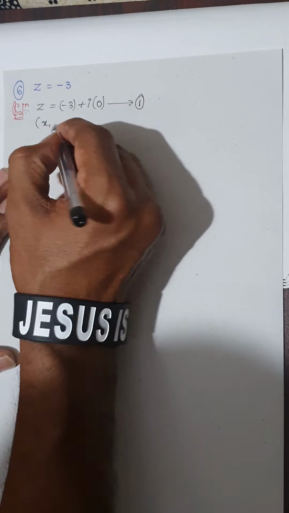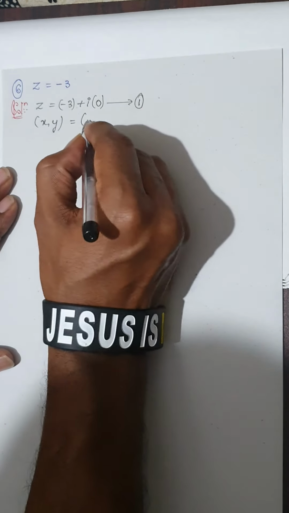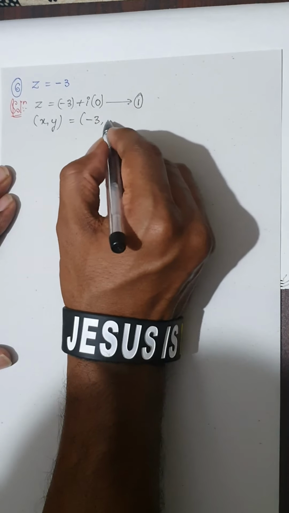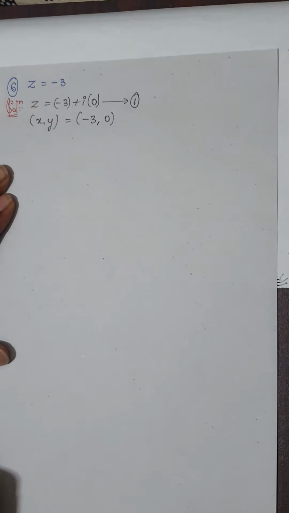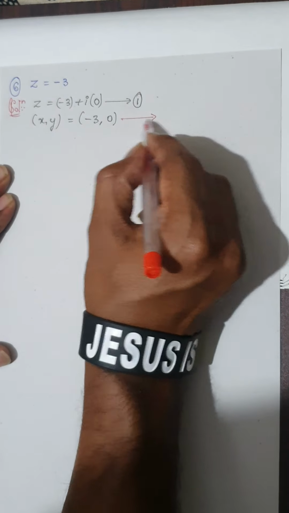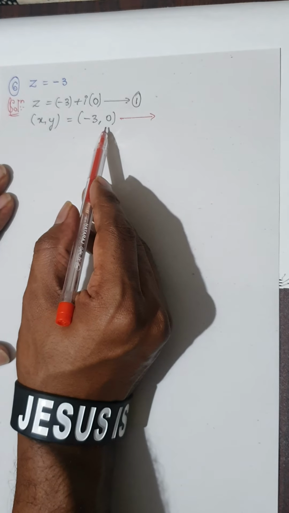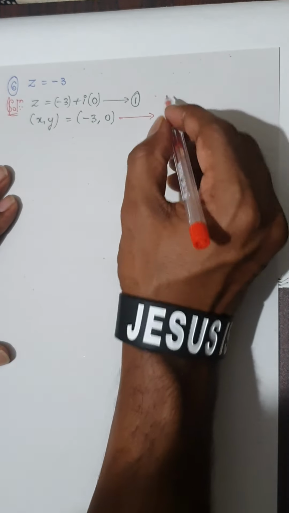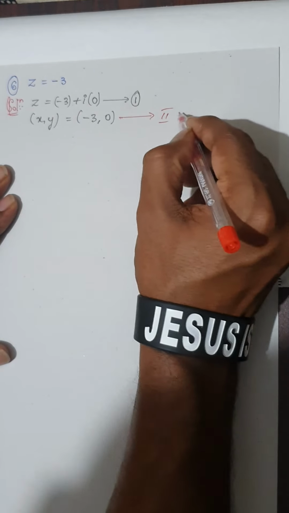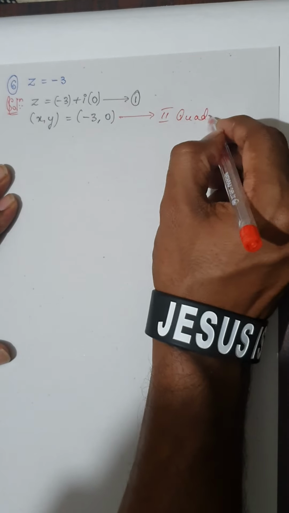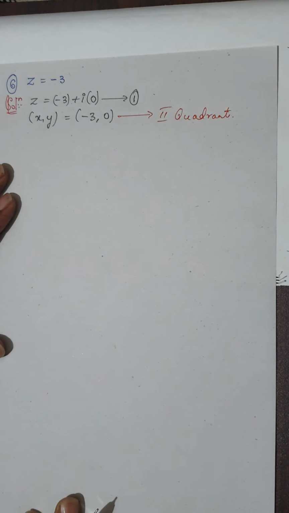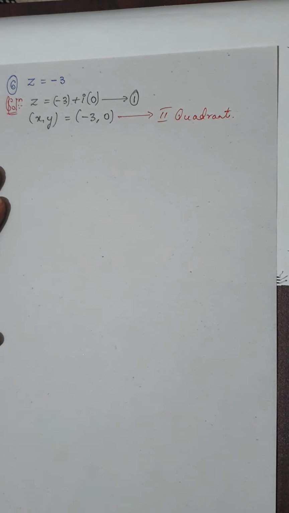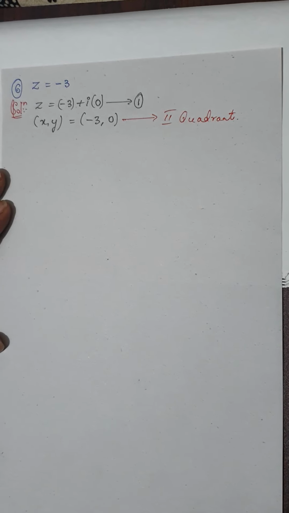So here you can check the values of x and y. X value would be minus 3 and y value would be 0. Now 0 actually you would always consider as positive. Usually we have the habit of considering 0 as positive though it is neutral. So minus and plus will be nothing but the point will lie on the second quadrant. For our benefit we will consider it in this way because this will make our job easier. And hence let us find the value of z.